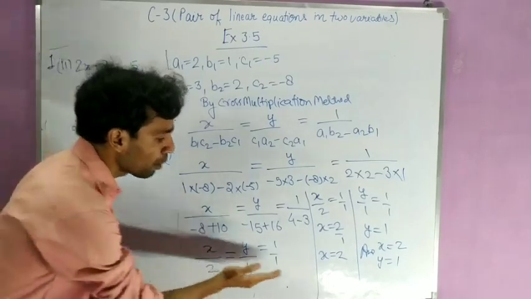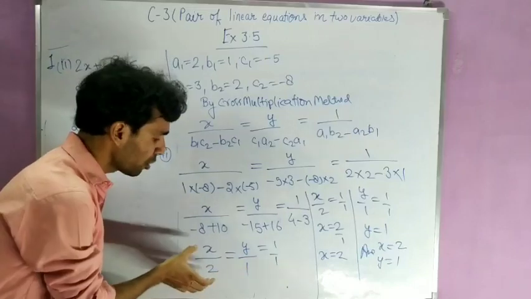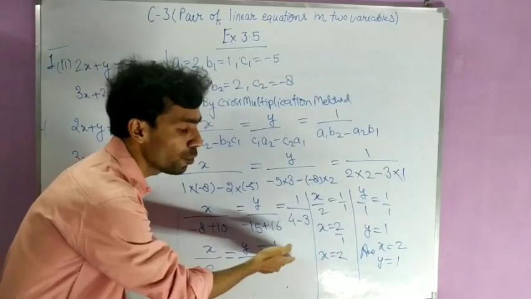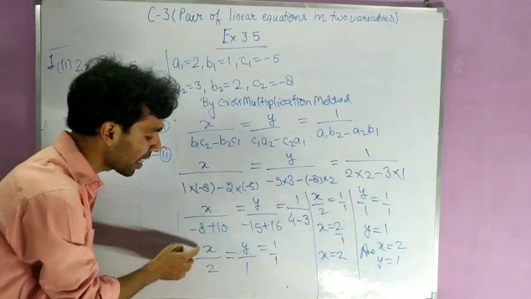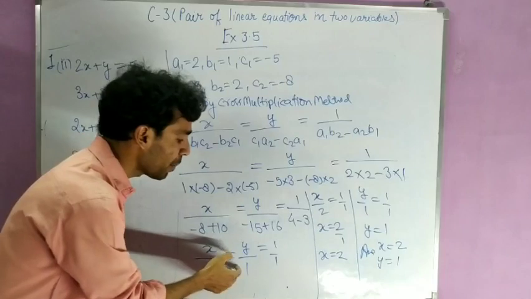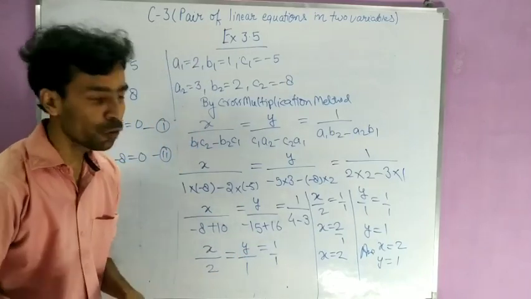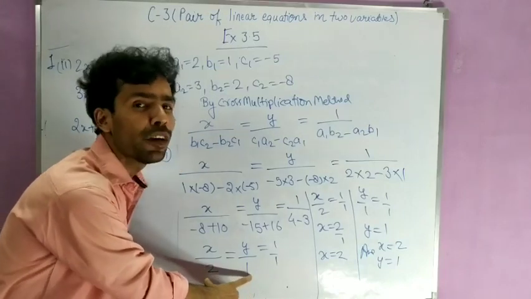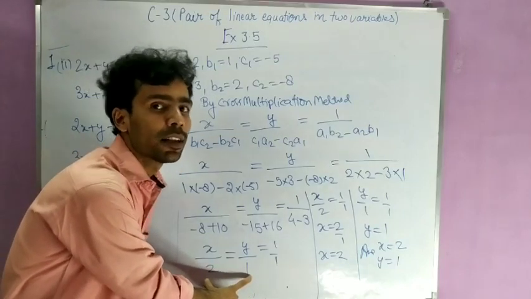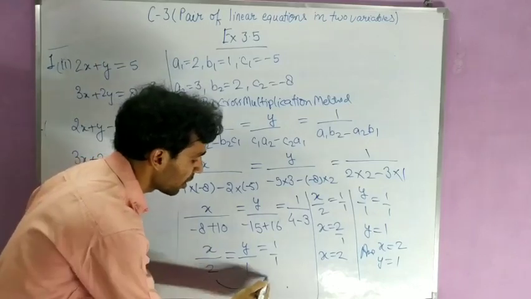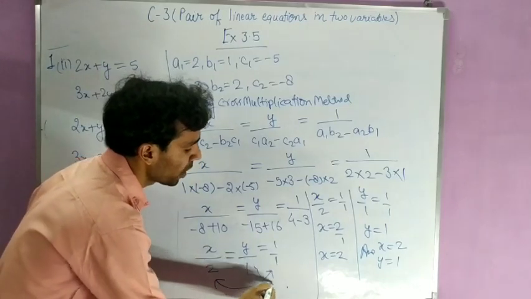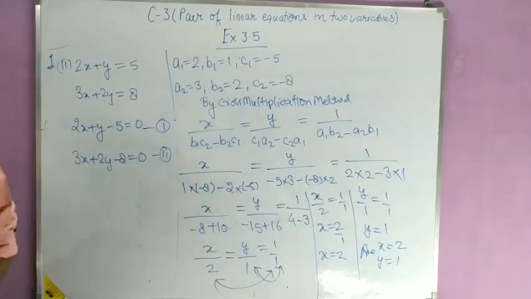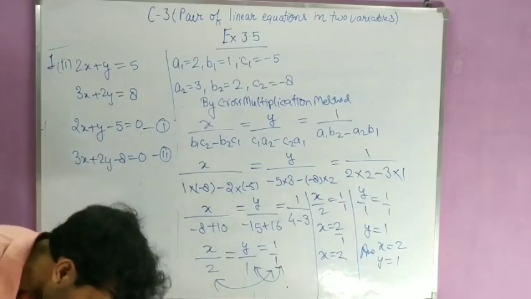See, when you solve up to here, nothing is special. First you compare x by 2 to this constant term, then you compare this y by 1 is equal to this. Means first you will equate x by 2 equal to 1, then you will equate y by 1 equal to 1 by 1. You will not compare these two, because when you compare these two, you will not be able to find the values of x and y. So first you have to compare these two, then after that you have to compare these two for getting the values of x and y. Okay, so I hope you have understood.